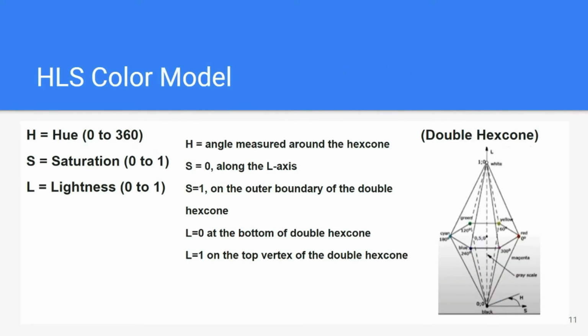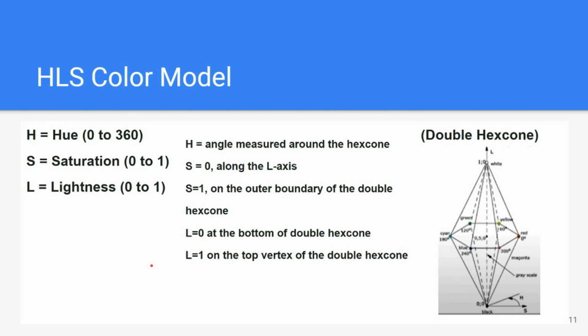The next color model is the HLS color model. The HLS color model is simply an extension of the HSV color model, where we extend this hexagon on the upper side. We are inverting the hexagon and putting another hexagon on top. It is called a double hexagon. We are simply extending this color model. We can say that two hexagons are there. One hexagon is inverted on another hexagon.